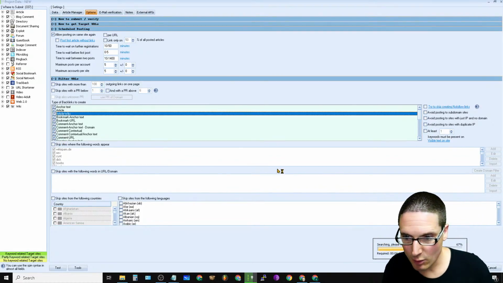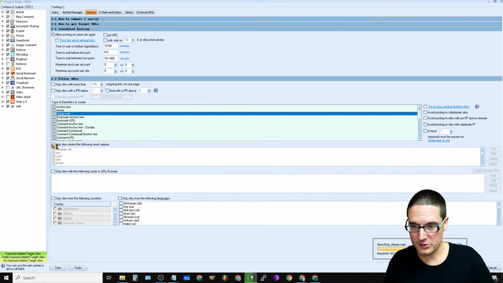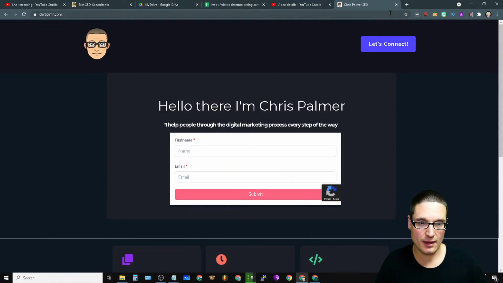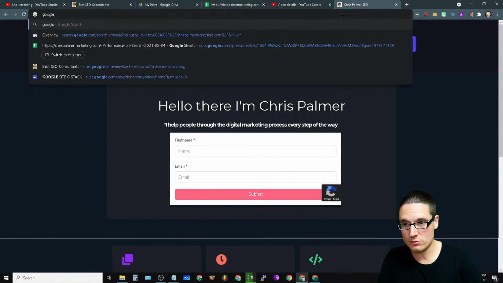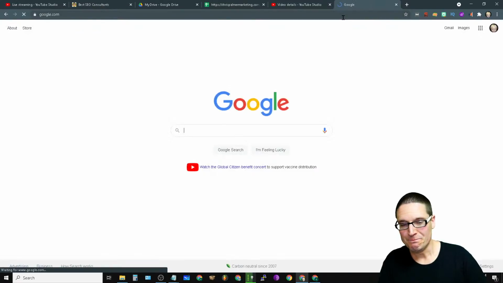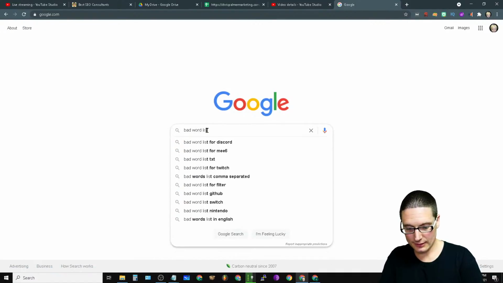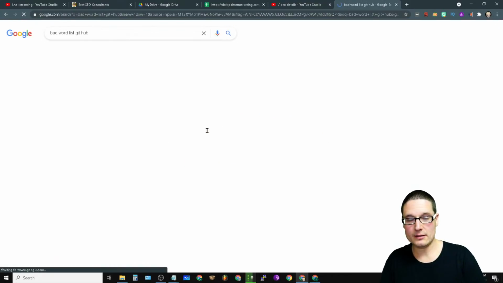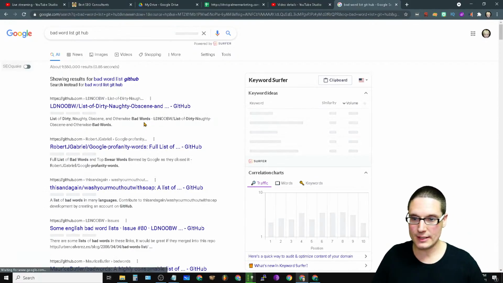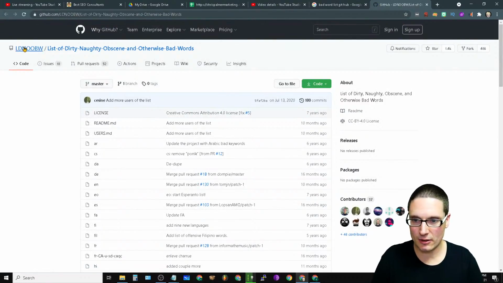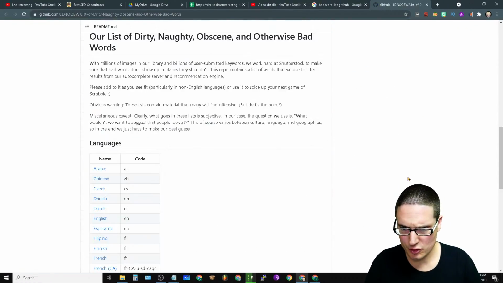So skip words of where these types of words appear. These are derogatory terms. If you want to add a bigger list, let me show you where to get that. I'll show you exactly what I use for the tools I used to create for the bots. I used to load these in. So if you search for a bad word list on GitHub, people program these in. There are already massive lists. If you come inside of here, I think this is the one actually. If you scroll on down,